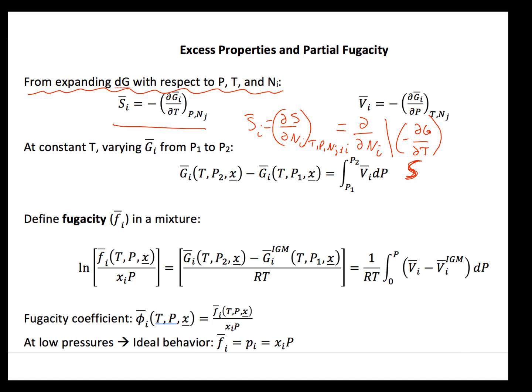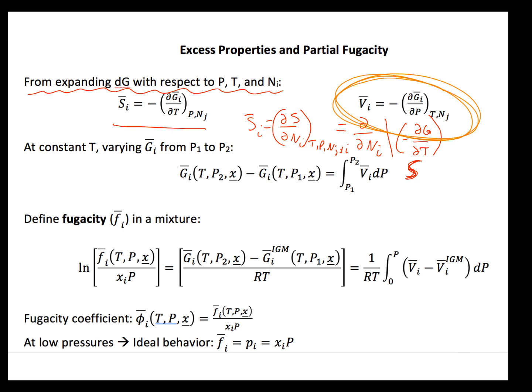The cool thing about the way that we structured the partial molar properties is it just happens to work out that you can just draw an overbar over basically anything, and it still gives you exactly the same identities, exactly the same Maxwell relations, exactly the same definitions of Gibbs and Helmholtz and enthalpy and everything like that. So what we're going to do then is, when we first defined fugacity, we took advantage of this property right here,